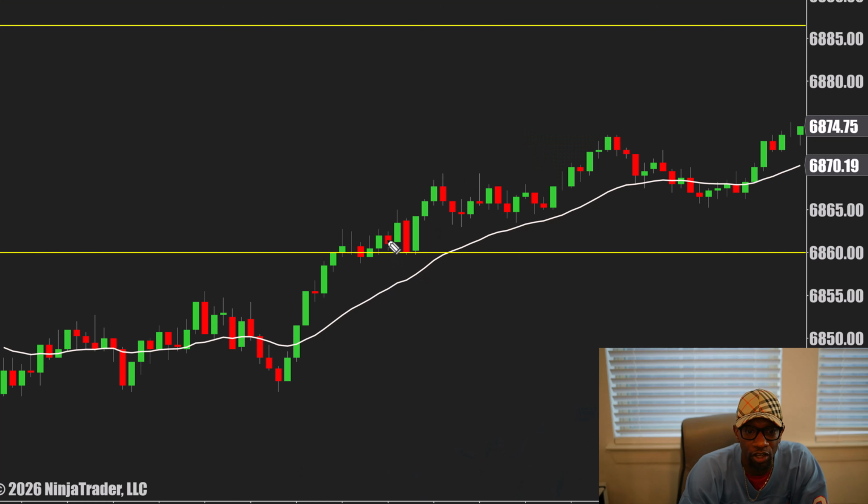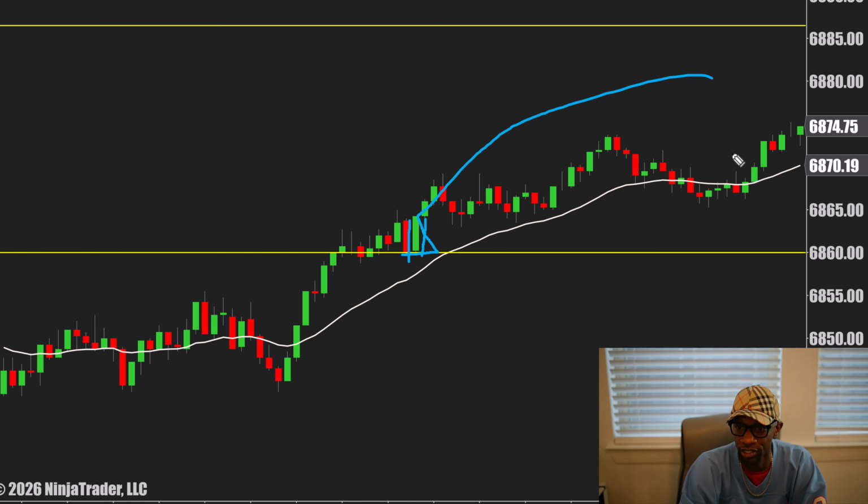And if you're looking for the long, you don't get trapped on some big random red candle. That's one big random red candle. But so many people got trapped right there, and I could tell because of how big this green one was. As soon as they trapped them, bam, off to the races.